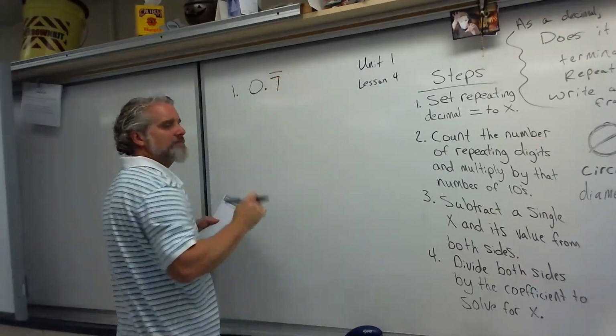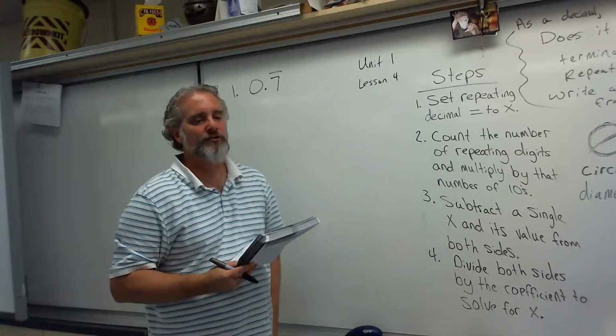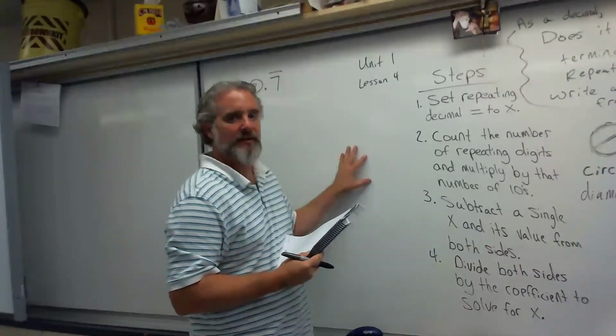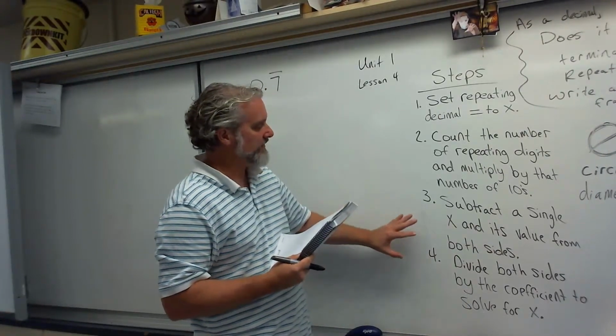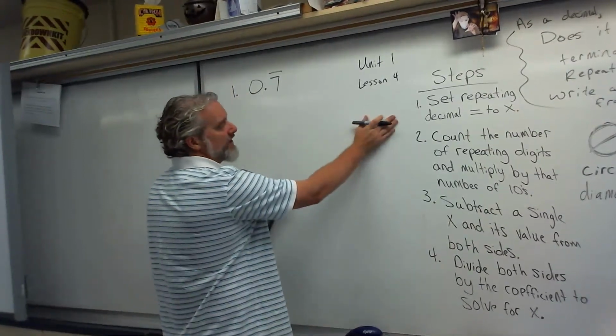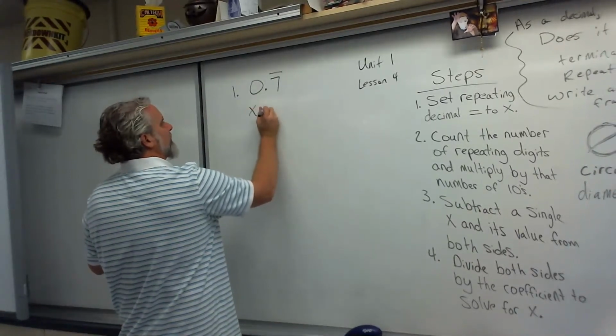0.7 repeating. So in class we generated 4 steps on how to set the repeating decimal up in an equation and solve it at the very end and get it turned into a fraction. So step 1 was to set the repeating decimal equal to x. So we're going to say x equals